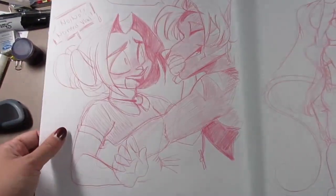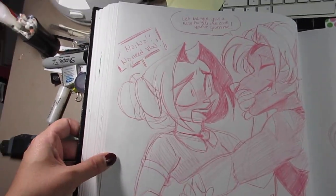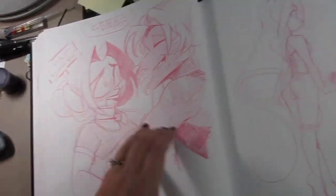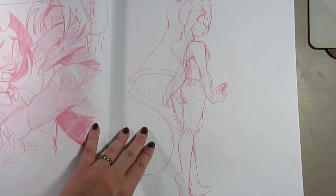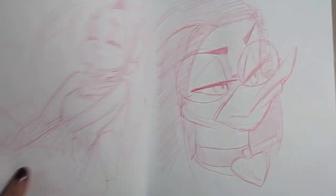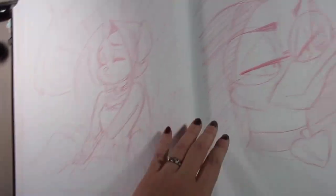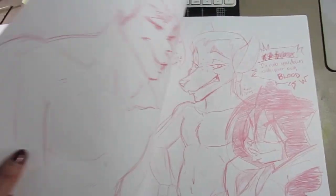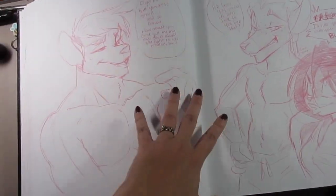I can always adjust. Then I went back to using Lex's characters, Flawed in particular, because I really like him. He's a good character. Messing around with some underwear concepts for Piper. Little mushroom scene. She's still underneath the mushroom. Did a portrait of Scarlet really quick because there's not enough ducks in here. Then it got even more fun because then I was like, all right, let's make a...